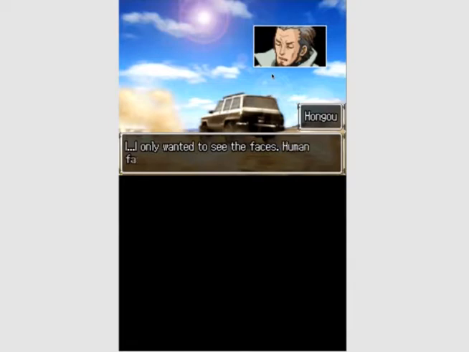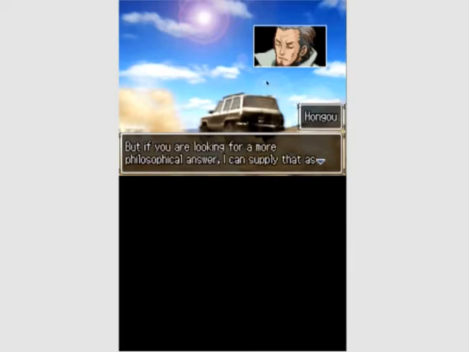I only wanted to see the faces. Human faces. I thought that if I could gain the ability to access the morphic field set, then perhaps I could see faces. By peering into people's minds, you could understand how they were processing the expressions of others. That's it? Yes, if you want to put it simply. But if you were looking for a more philosophical answer, I can supply that as well. You see, the human collective consciousness...